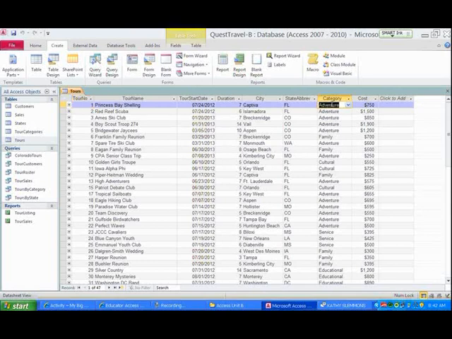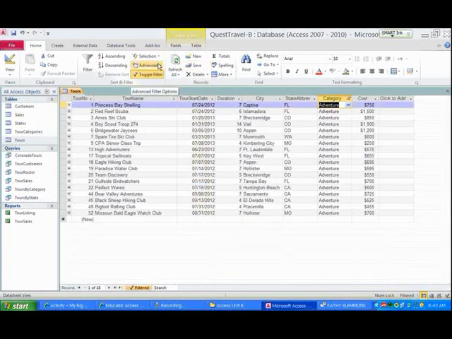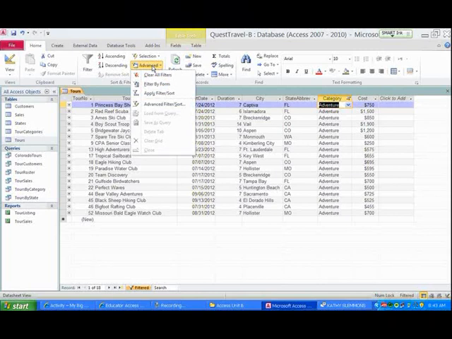I'm going to double click that, and I'm going to click the selection button in the sort and filter group. So let's go back over to the Home tab, and here's sort and filter. There's selection, and we want to click equals adventure. Then we're going to click the advanced button, and we want to click filter by form,